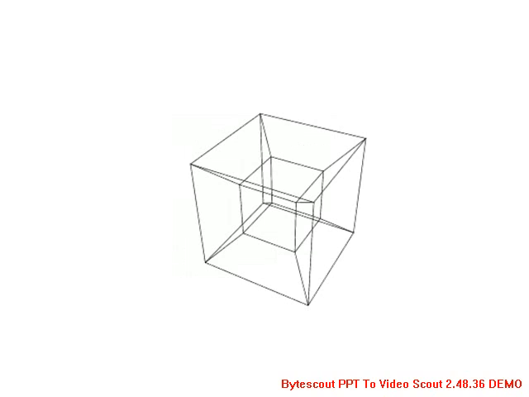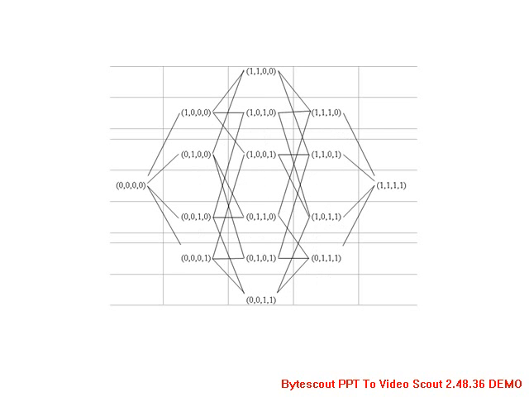Although this is hard for us to visualize, dragging the cube into the 4th dimension forms the 4-dimensional tesseract. Here is a sort of map of a tesseract. We see all the coordinates of each vertex of the tesseract. Each set of 4 numbers is a vertex of the tesseract. Each connecting line represents an edge, and each closed loop of points represents a face. For example, from 0, 0, 0, 0 to 1, 0, 0, 0 to 1, 0, 0, 1 to 0, 0, 0, 1 back to 0, 0, 0, 0 is a closed loop and is one face of the tesseract.